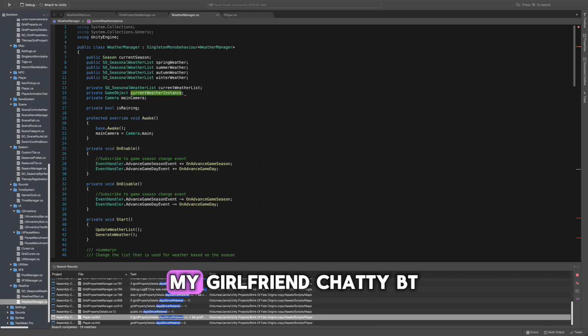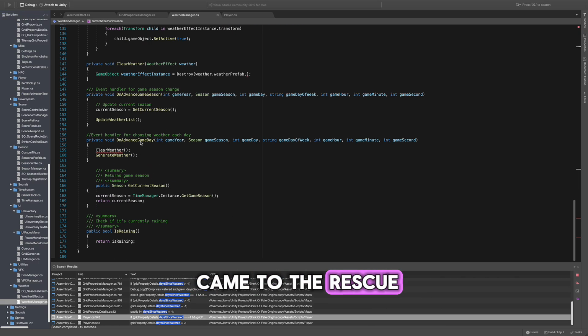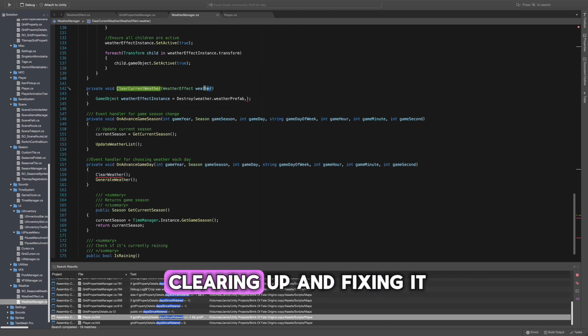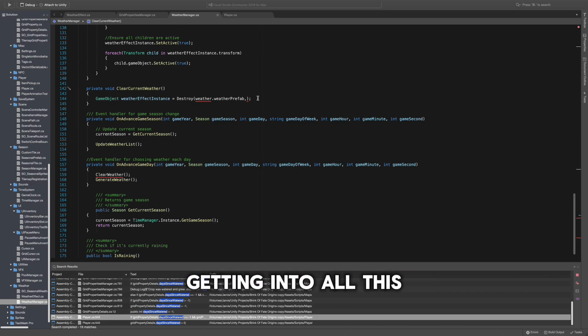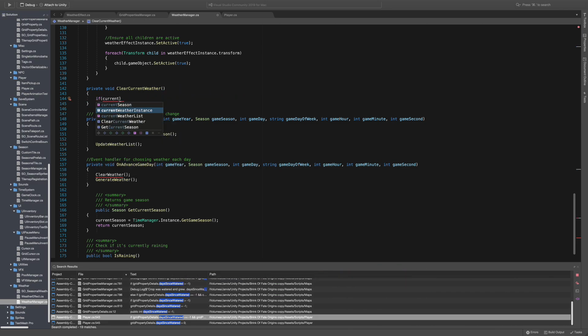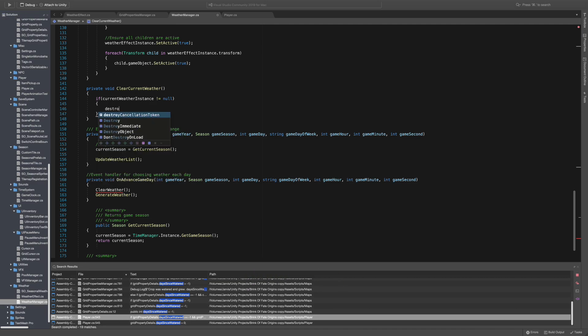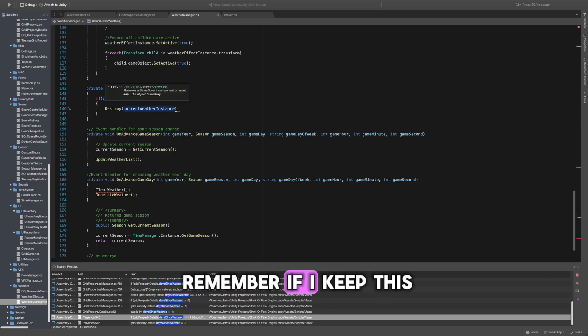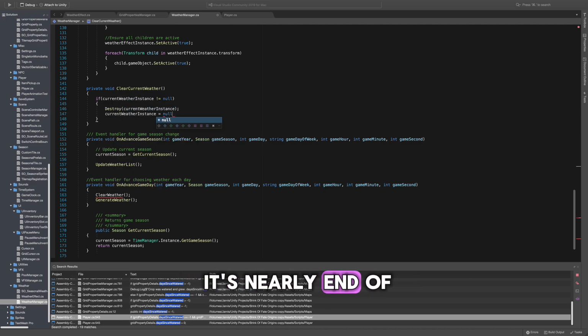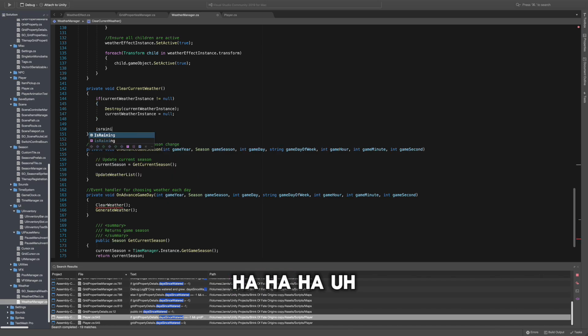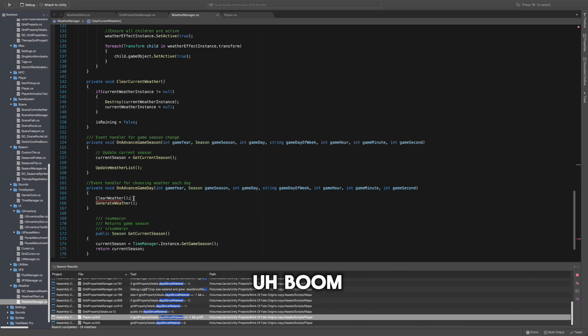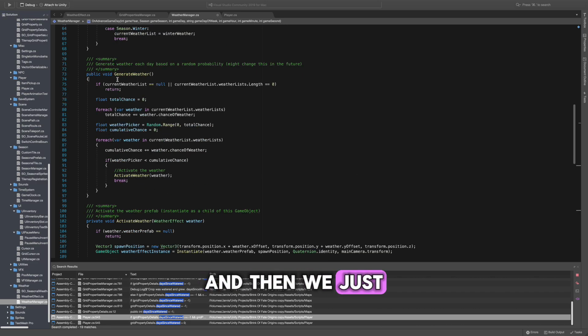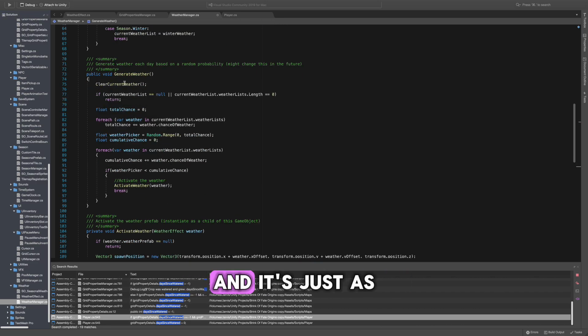Luckily, my good old friend ChatGPT came to the rescue, and here we are, clearing it up and fixing it, getting rid of all this. Destroy. I'm just trying to remember if I keep this. I must do, because it's near the end of the code. Getting that is raining, boom, and then we just clear the weather in the beginning,